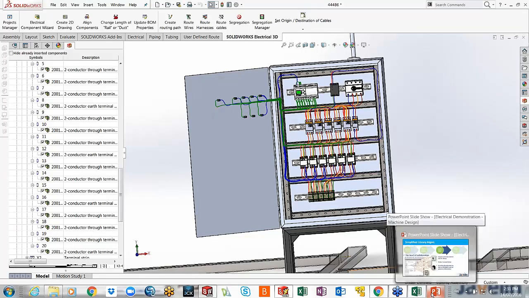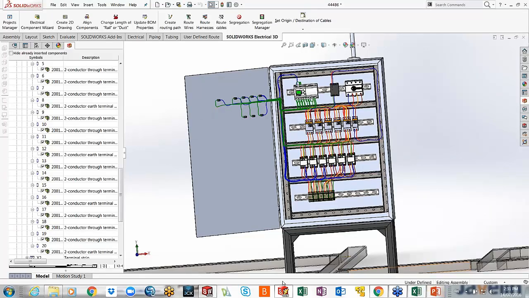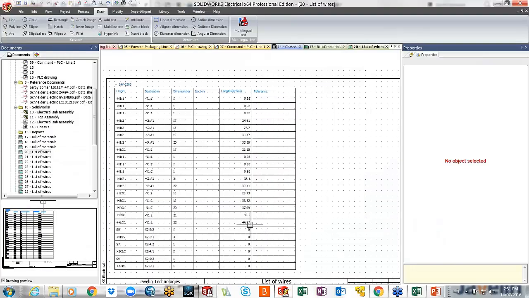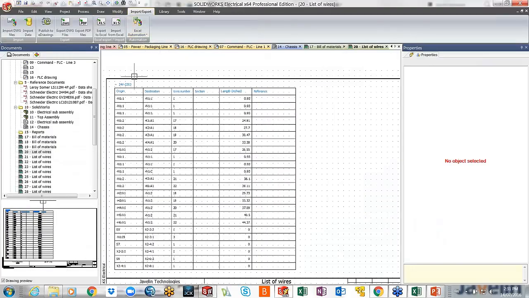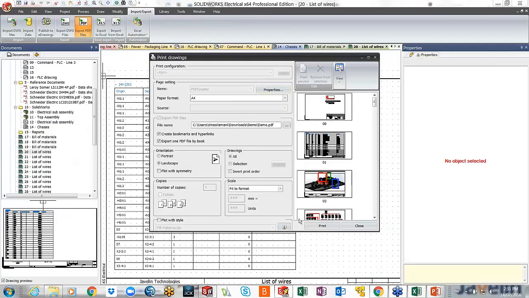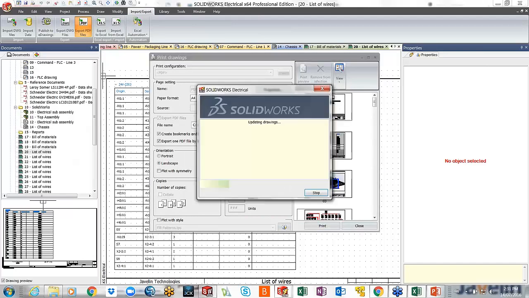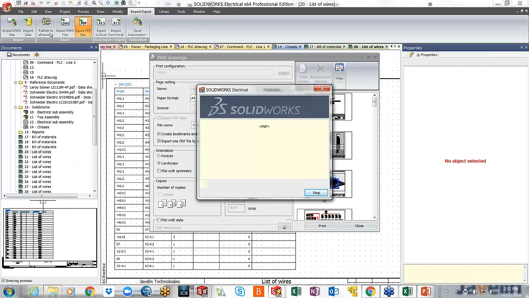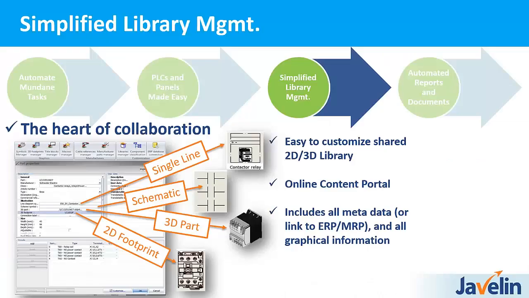Coming back to the last and the most important thing, which ties in the entire application, is our export to PDF. Exporting something into PDF sort of packages everything. You can either export it to DWG or publish it to eDrawings, but we love to see PDFs and show it off because it is one of our best features. So while it takes a moment to get ready over there,